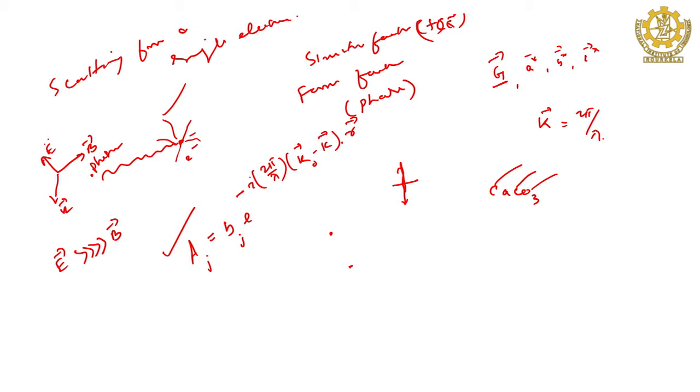Hydrogen has a single electron, but in helium there are 2. So there must be some relative distance between these two. If I join a vector from here to here, let us say this vector is your r vector, representing the position of two electrons in a system. Then what will happen when the photon interacts with both the electrons simultaneously?